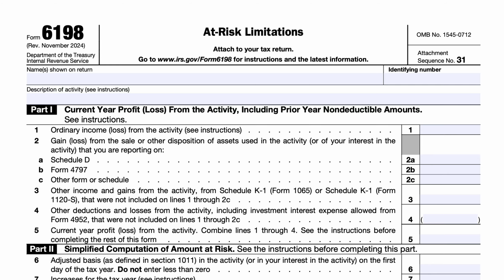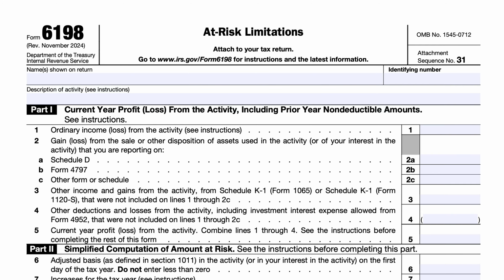So if 100% of your income or loss is from a business where you invested completely in the business, or you took out a loan for which you are guaranteeing the loan, then that business doesn't have any at-risk limitations. But if you've taken out a non-recourse loan, if you have any cash or property or borrowed amounts that are protected against a loss by a guarantee, stop loss agreement, or similar arrangements, aside from insurance,